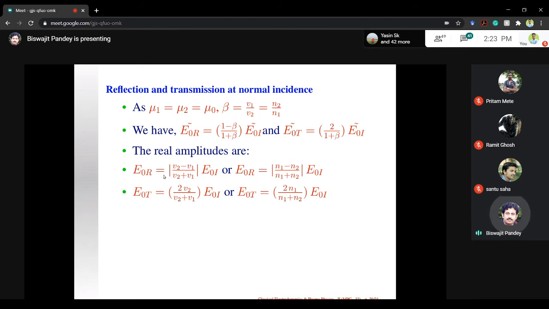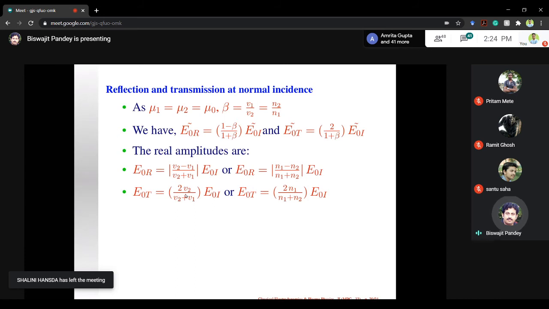You see, if you look at the first one, there is a possibility that this can also become negative, right? Because v2 minus v1, depending on the value of v1 and v2, can be positive or negative. But in this case, it will always be positive. There is no minus here. That means the transmitted electric field will have exactly the same phase as the incident electric field, irrespective of the condition, whether it is going from a rare medium to a denser medium, or whatever medium it is going into, they will